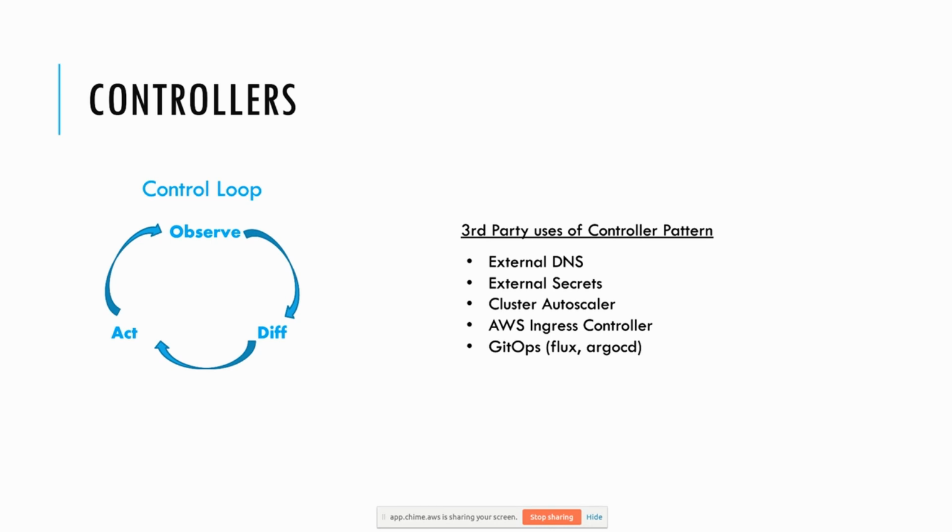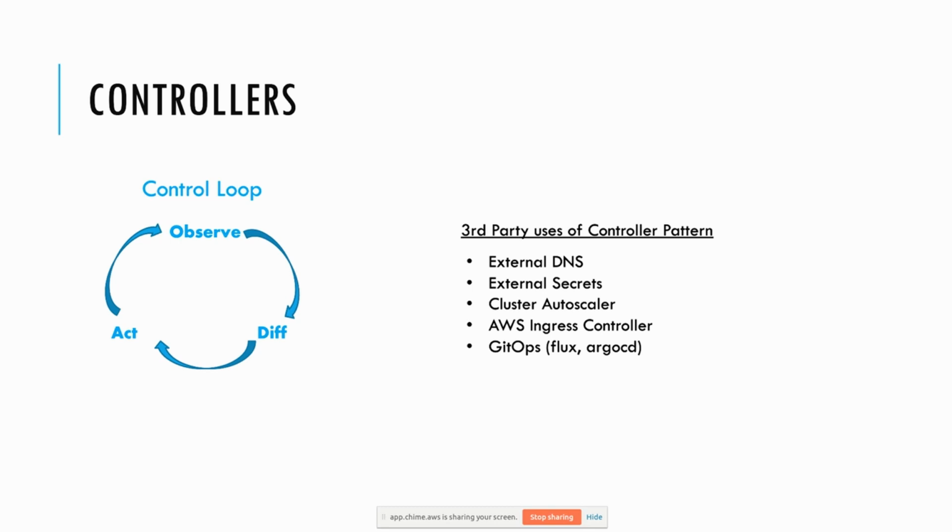Same with external secrets. If you wanted to create Kubernetes secrets, you can use external secrets. Basically, your secrets would be stored in Secrets Manager, and then the control plane will continuously monitor that the secret in Secrets Manager and the secret in Kubernetes are in sync. So if you update the secret in Secrets Manager, it updates the Kubernetes secret. Cluster autoscaler, similar. What it'll do is if it detects that you're running out of CPU, it'll basically tell the EKS to scale up the nodes to 3 or 4 nodes, and continuously monitor that based on your CPU and your requirements that you've set.